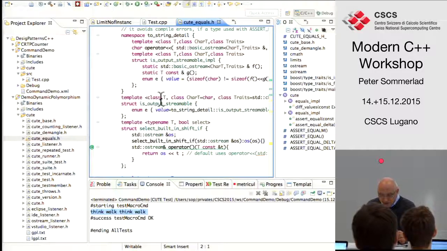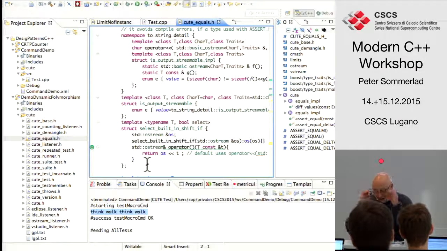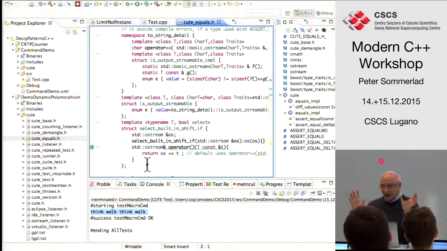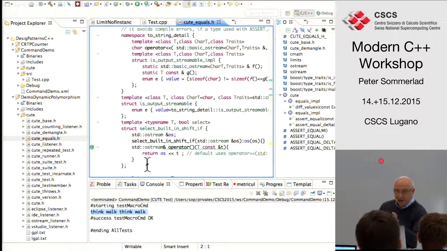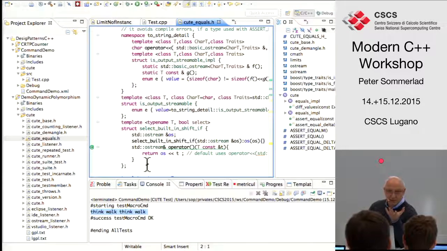Just to give you a glimpse, one thing that I use in the unit testing framework: you see these nice messages when I assert equal, it will show you what the expected was as a string and what the real output was. That only works if you have a stream operator overload for your type. If you have a class that implements the equality operator, but not the streaming output operator, your code must not fail to compile in that case, but still produce something useful.